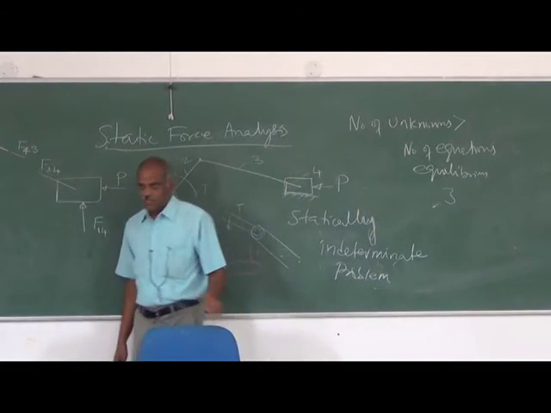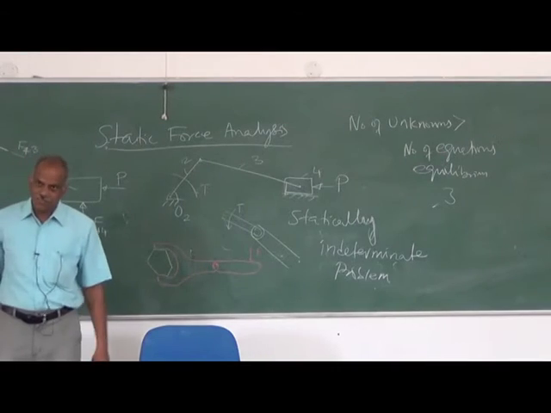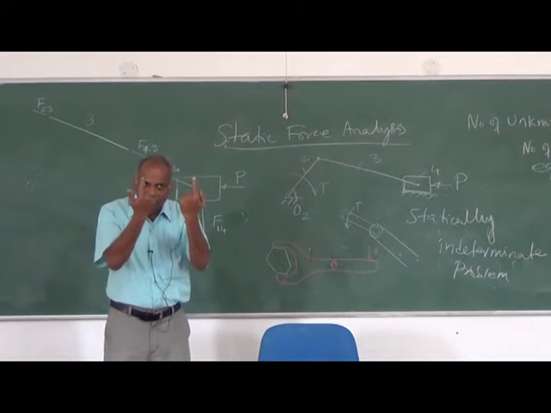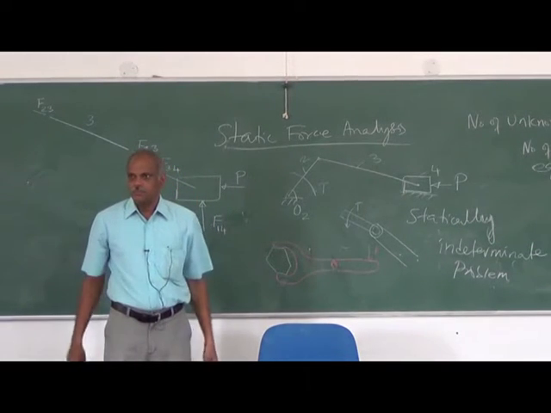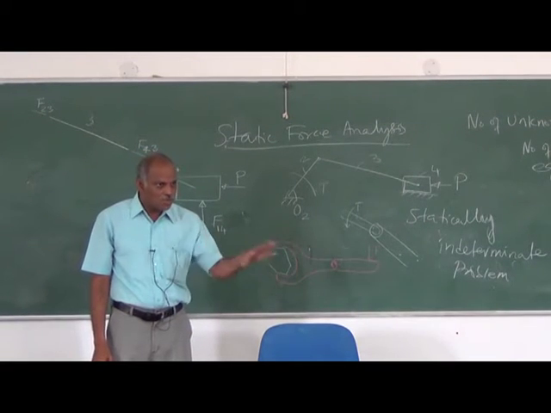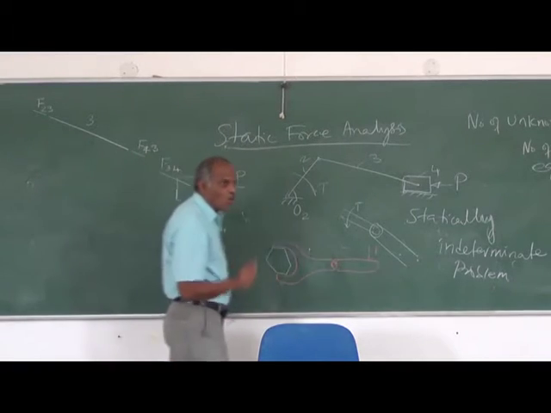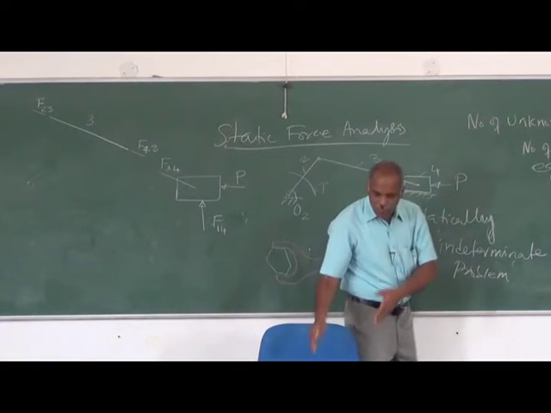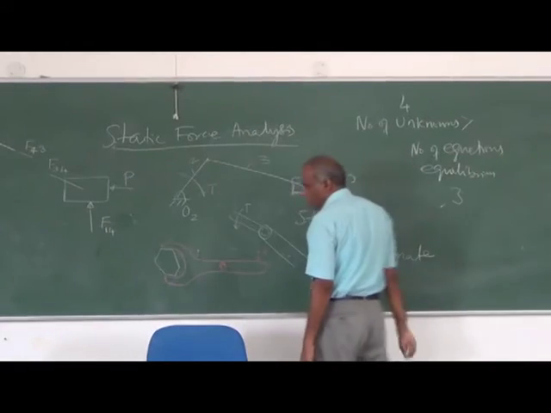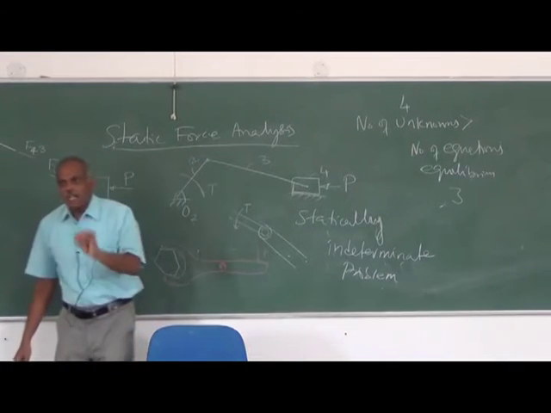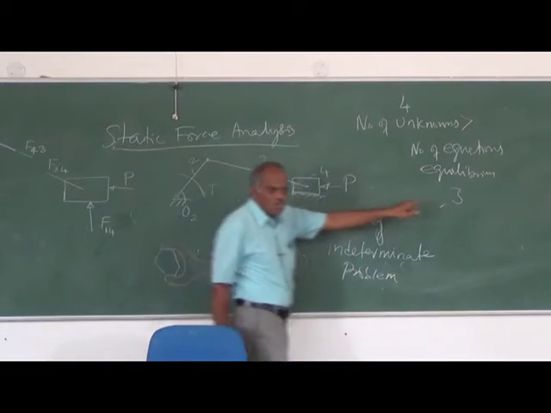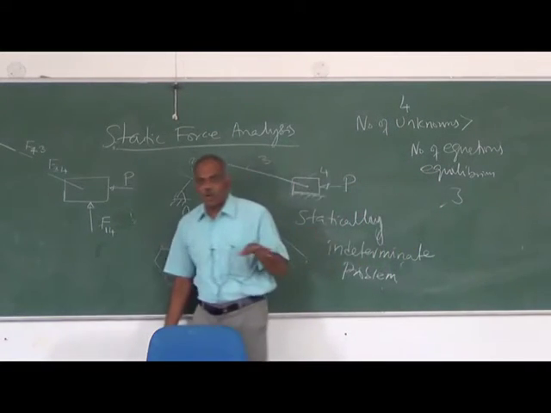But here in the chair problem, we have 4 legs. The directions of these forces are known because they are parallel, meaning they have to be in the vertical direction. But what about their magnitudes? None of their magnitudes are known. So you have 4 unknowns. So in the simple 4-legged chair problem, you have 4 unknowns. That is, the magnitudes of the forces are unknown, but we have only 3 equations. This is a statically indeterminate problem.